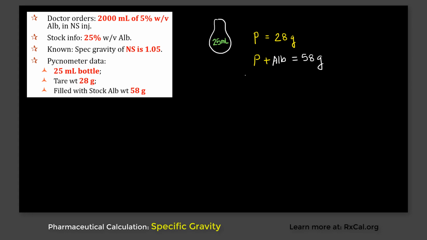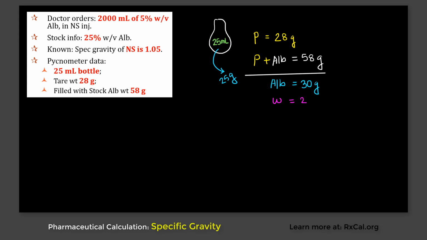So if you subtract these two numbers, you should be able to get the weight of albumin alone, which is going to be the difference, which is 30 grams. Now from the volume of this water, we know that the weight of this 25 ml of water should also be 25 gram. So the weight of water